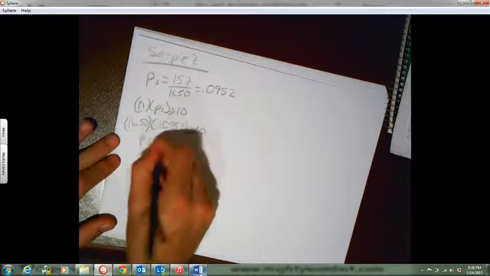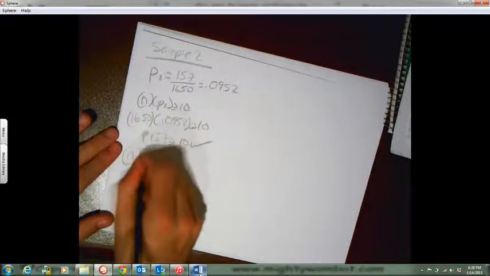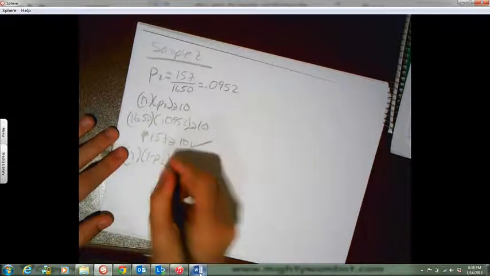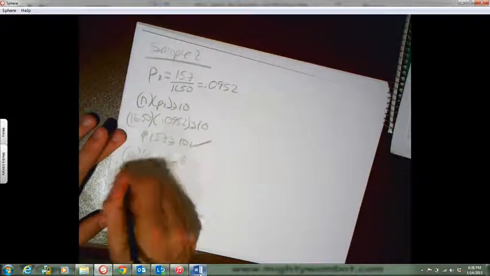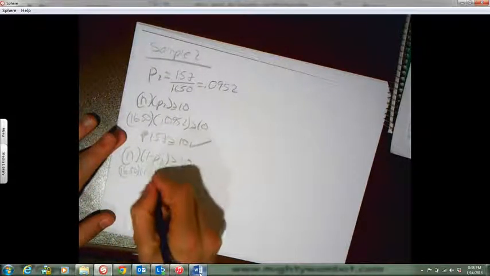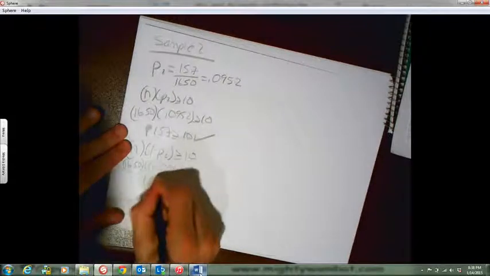N times 1 minus P2, greater than or equal to 10. So 1650 times 1 minus 0.0952, greater than or equal to 10. 1 minus 0.0952 times 1650 is 1493. Absolutely greater than 10. Again, we assume